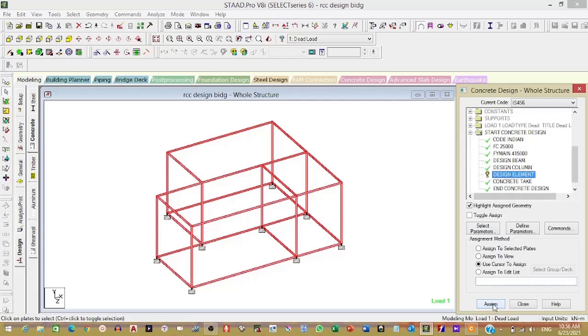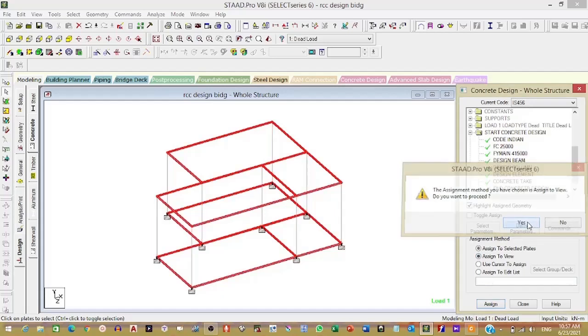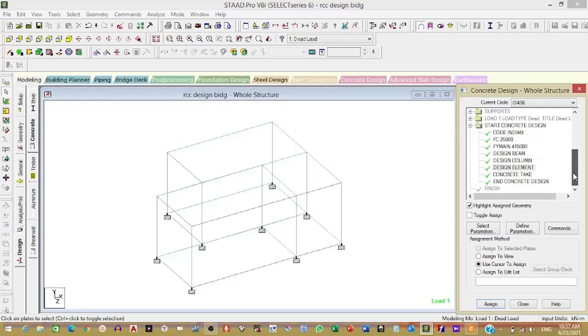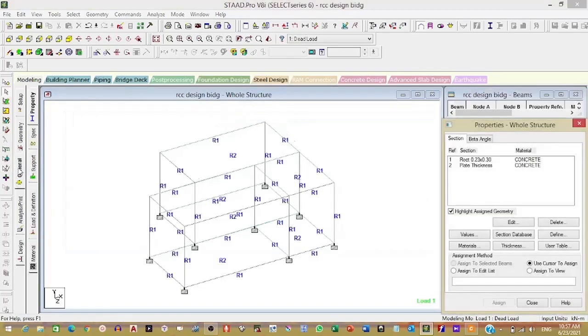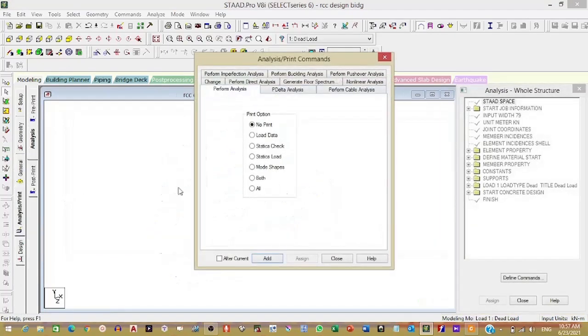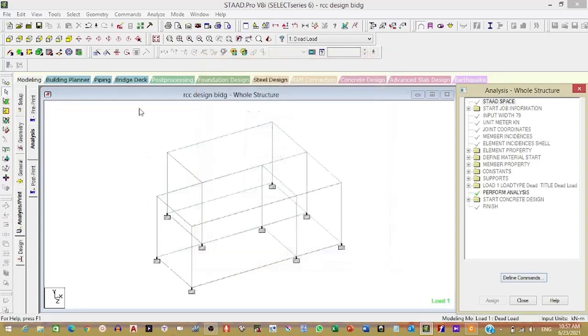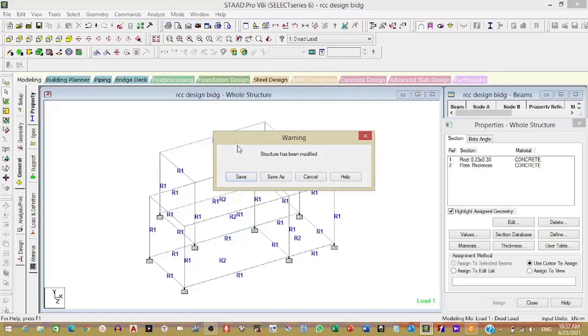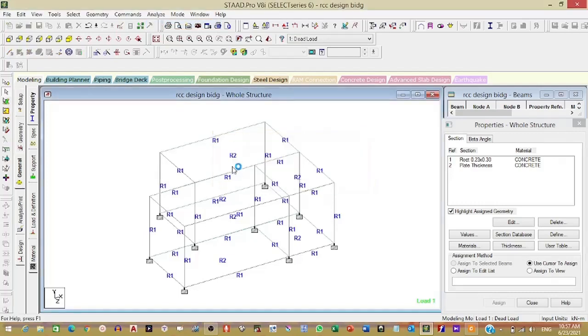Go for the click on general, then analysis and print. And here no print, you add this. So no need to assign this. Then go for general, correct. Then analyze tab, then run analysis. So here click on save. So the report will be generated. Warnings are given, some. So here click on output file and then go for done.